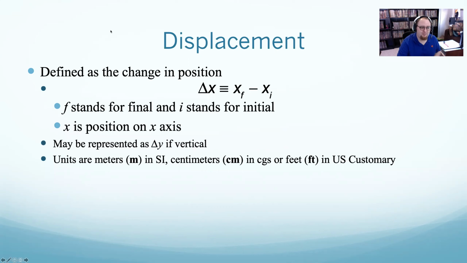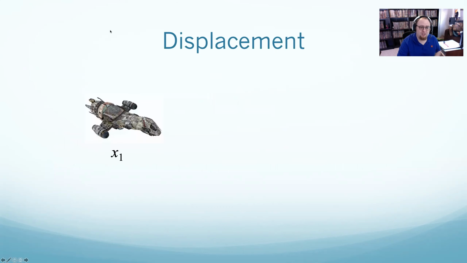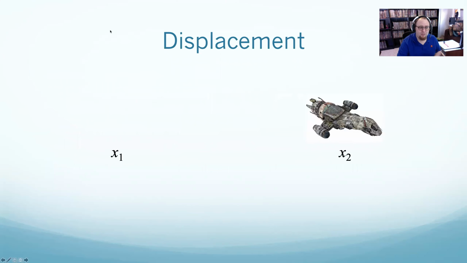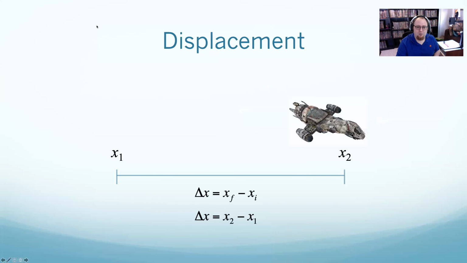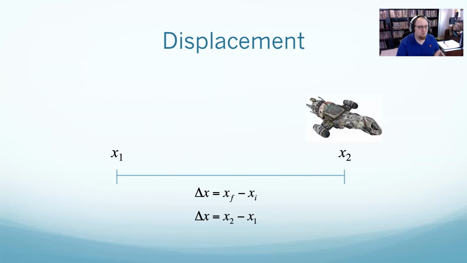Take, for example, this ship here. If the ship is at a position x1 and moves across to x2, I would say the displacement is just final minus initial, x2 minus x1. Pretty straightforward. But let's say this ship instead did this and whizzed all around the screen, did some crazy path